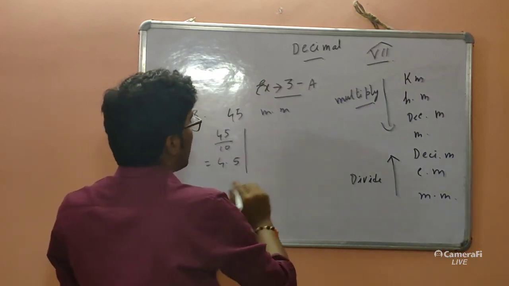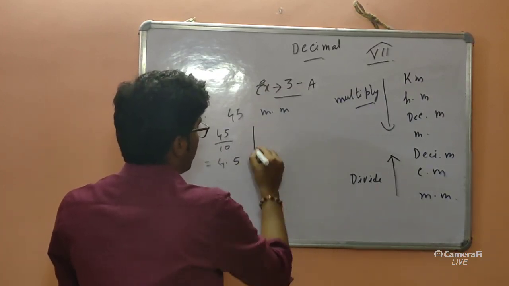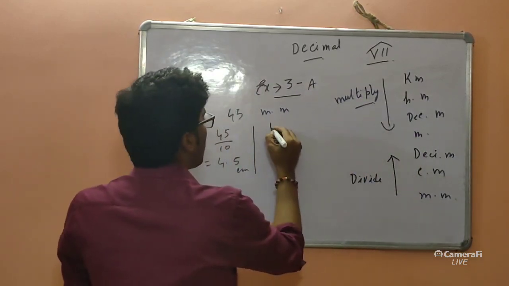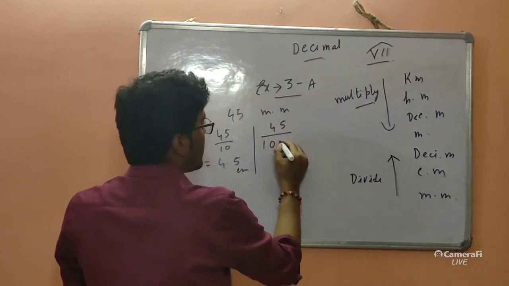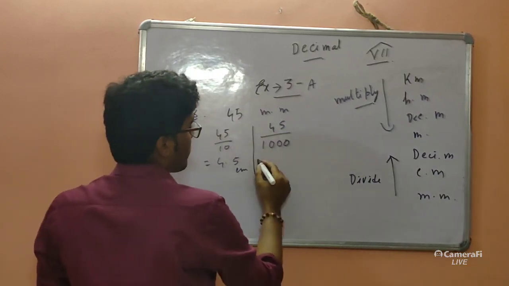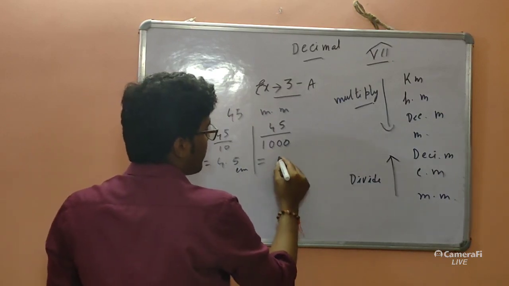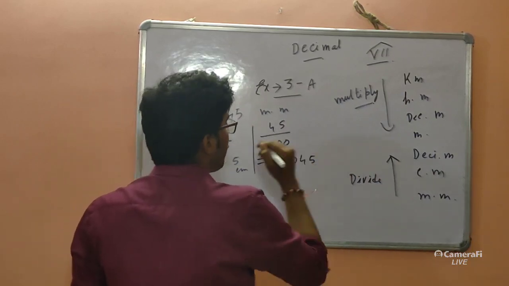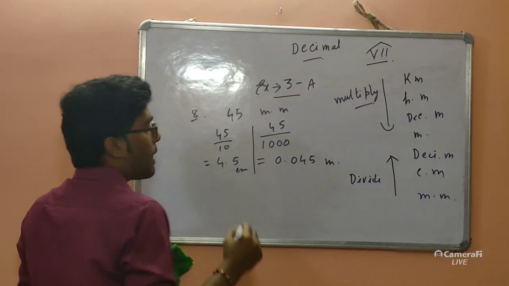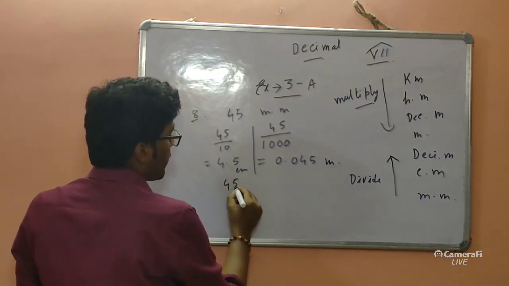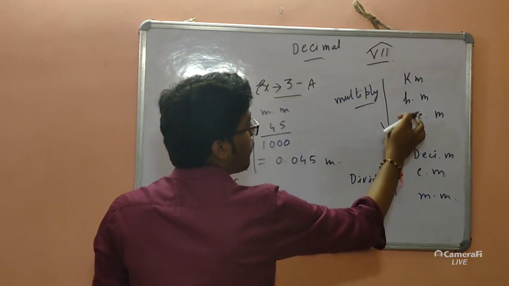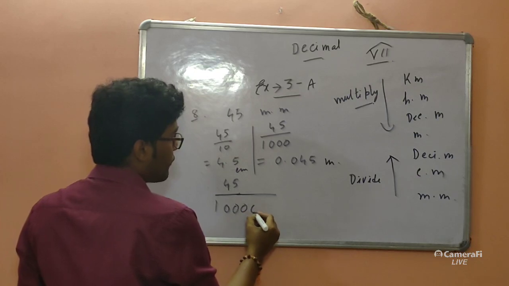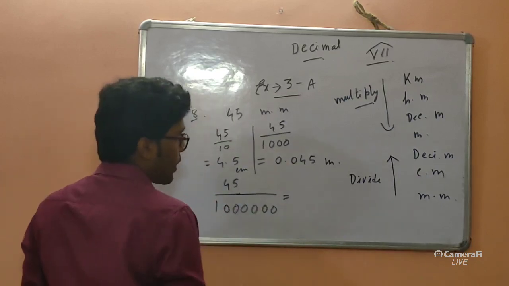Next, this becomes centimeter. Now we convert it into meter. So how many places? 1, 2, 3. So therefore we are going to divide by 1, 2, 3 places. Clear? So obviously this one will be 0.0450. So from the right, after 3 places we give the point. This one is meter. Now if you want to convert it into kilometer, so 45 divided by, see, 1, 2, 3, 4, 5, 6. So therefore we are going to divide with 6 zeros, 1 2 3 4 5 6. So obviously this one will be 0.